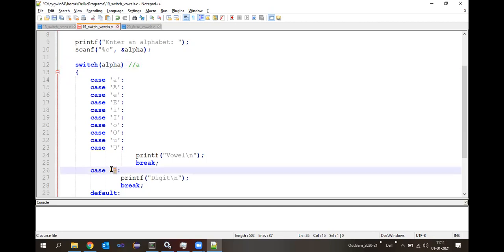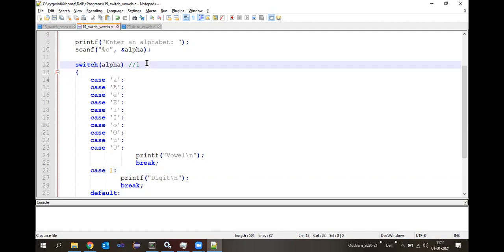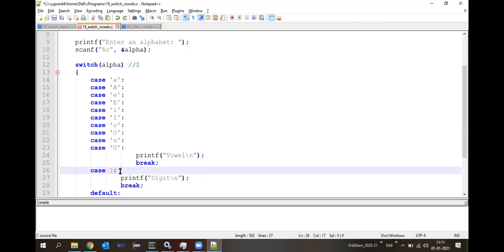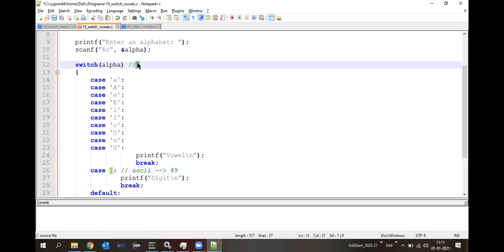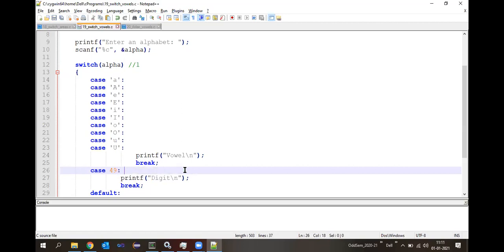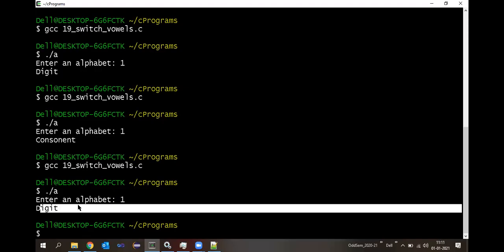But in the earlier case, I had entered 1 and there was a 1 here. What has happened? This 1 is a numeric data. But internally, this 1 gets converted into its corresponding ASCII value. What was that ASCII value? It is 49 here. Now this 49 is going to be compared, so there will be a mismatch in the data. Suppose I change it to 49, then that 49 and 49 are going to be compared and a correct match will be found. That's why we get the output as digit here.